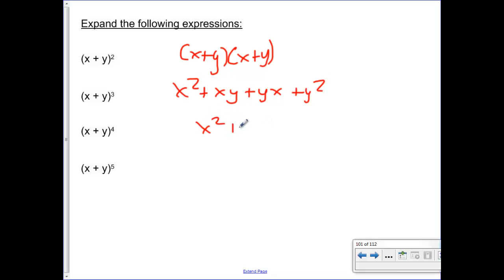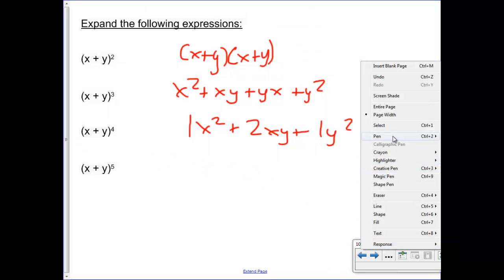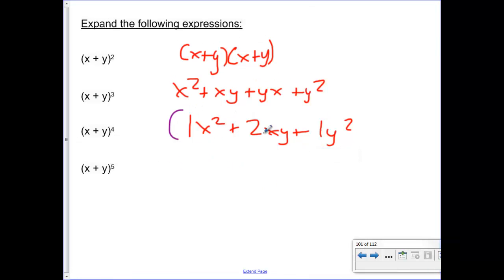Which means when you're done, you have 1 x squared, you have 2 xy's, and you have 1 y squared. Does that make sense? Okay. Into that, I'm now going to FOIL this thing another time. So I'm now going to take that answer. I'm going to try to color coordinate this to keep this straight. Into that answer, I'm going to FOIL another x plus y, which is going to give you x to the